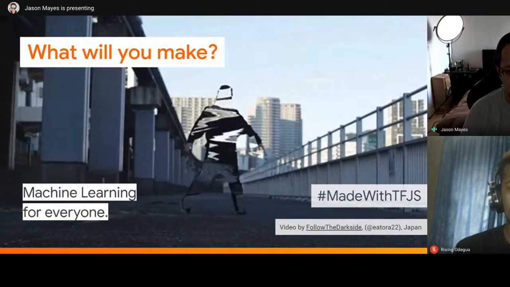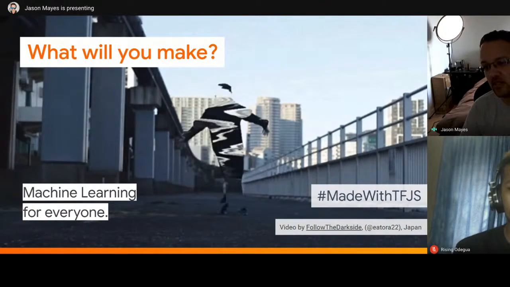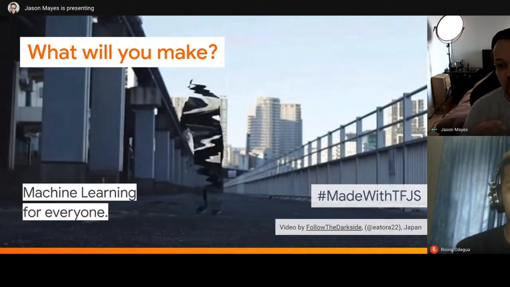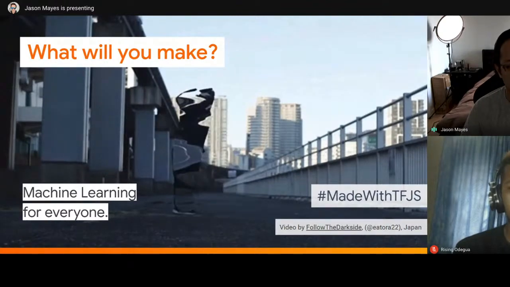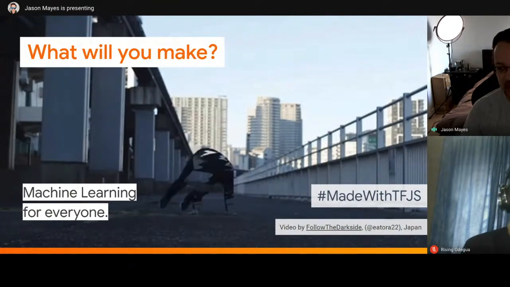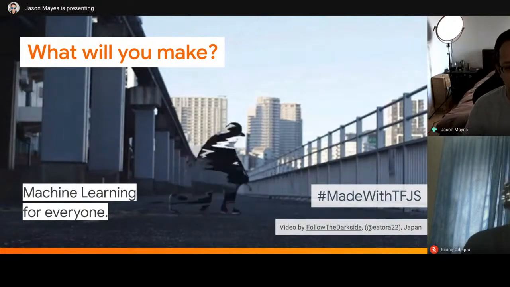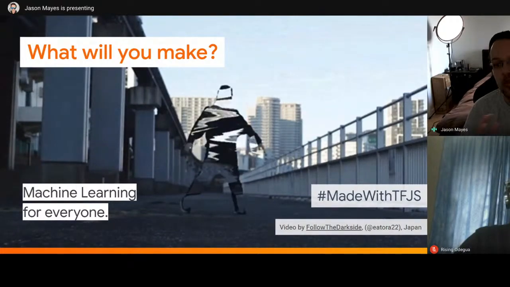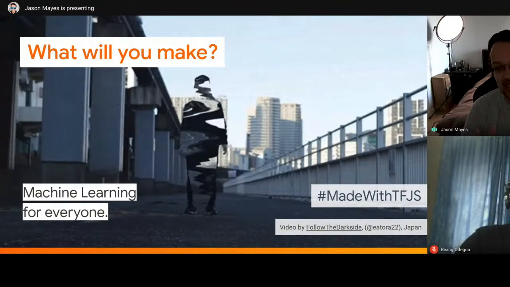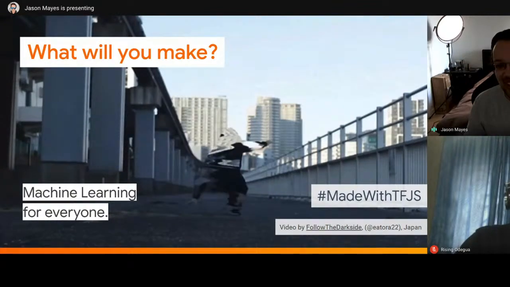So my point here is that machine learning really is now for everyone. It's not just limited to the researchers and academics, but also for the creatives now as well, the musicians, the artists, and everyone else in between. And I'm really excited to see how TensorFlow.js can be a big part of that story to help people like this take their first steps with machine learning and use it in ways most academics and engineers may never even dream up. Who would think we'd be using it for this kind of dancing video?